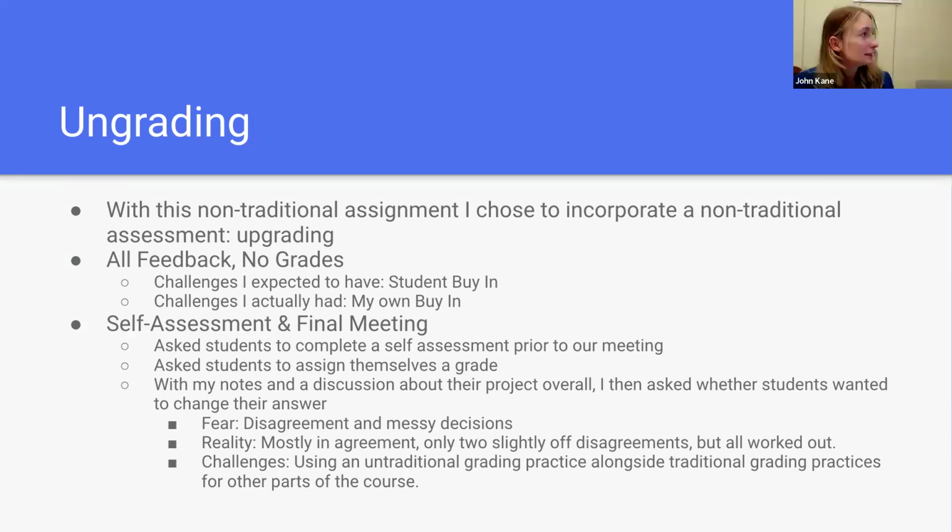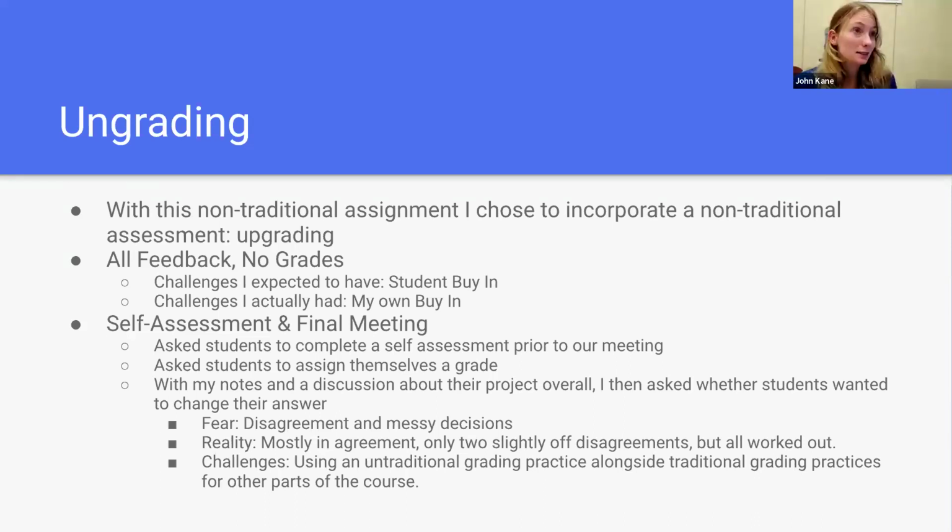The Unessay self-assessment and final meeting, I mentioned this a little bit earlier. Grades were determined through a conversation during finals week. We each had a final exam meeting, which was essentially like an oral exam, where I asked students to fill out a self-assessment where they were asked to assign themselves a grade and to discuss their project overall and to really gather all of the evidence of why they felt their grade should be a particular grade.